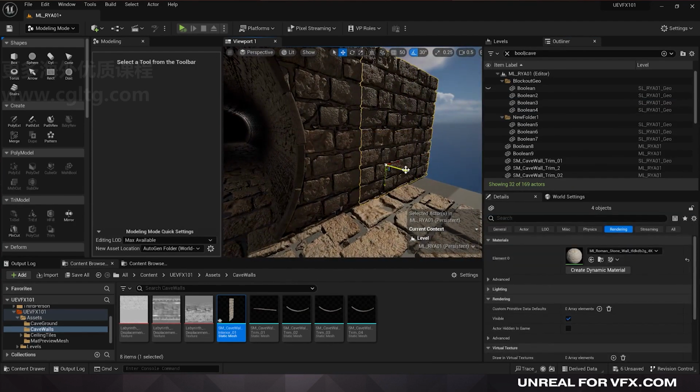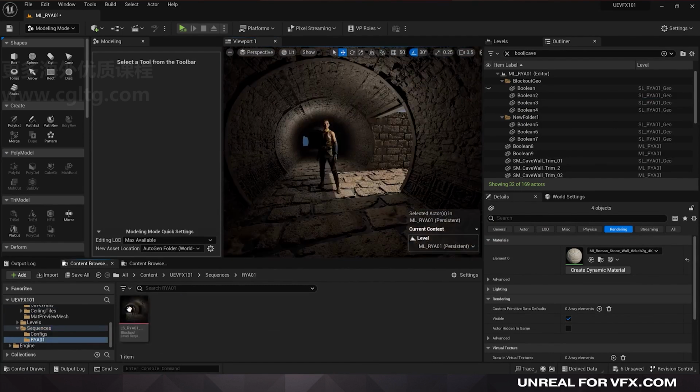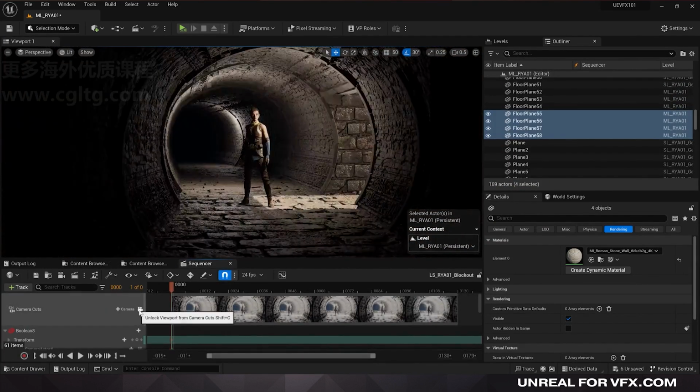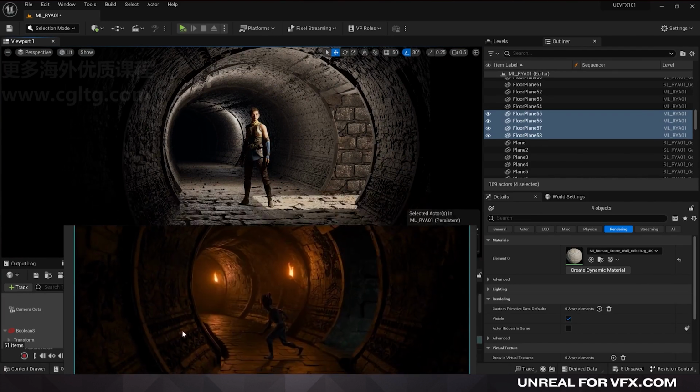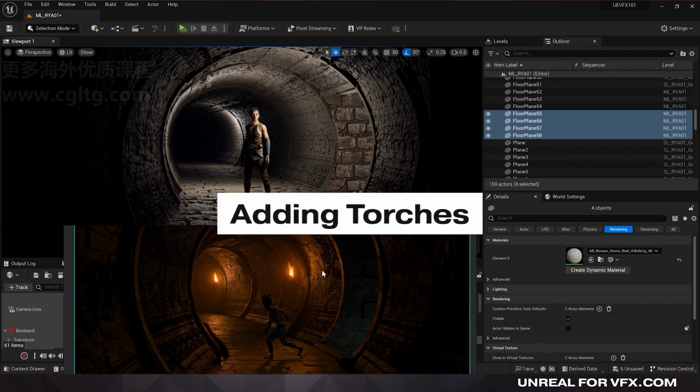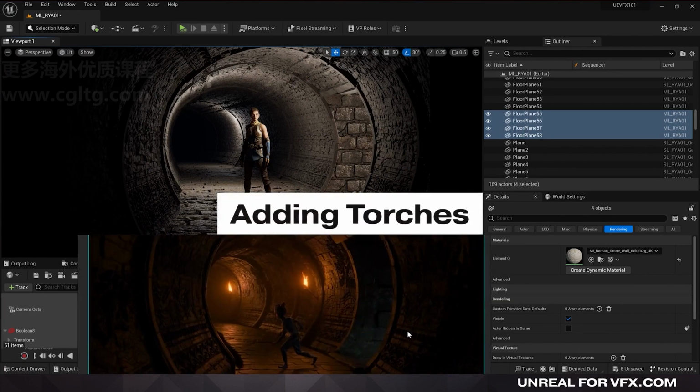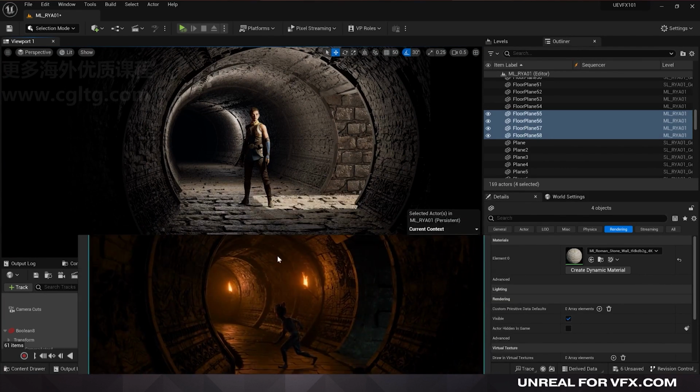We'll just line up these now that we've pushed it back slightly and make sure those intersect. Now let's go back to our sequencer and double check that we've got everything good to go. And let's check our reference. I think we're in a pretty good spot where our blockout is looking correct. The last thing we have to do here is add in these torches. So let's do that, and then we'll move on to my favorite part, which is creating the lighting and atmosphere